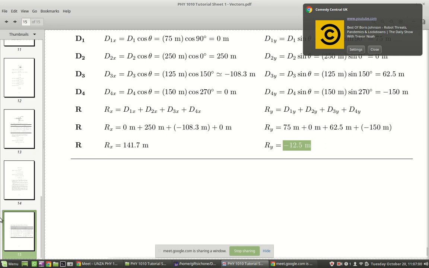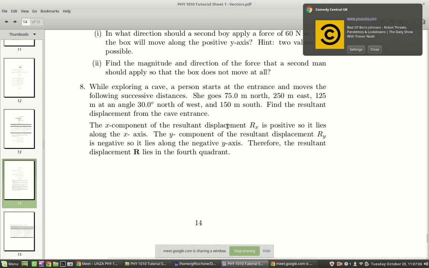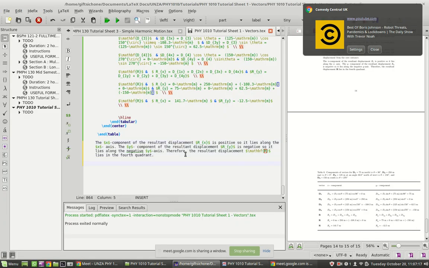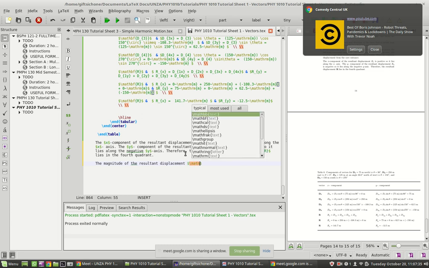Okay. So what are we told we need to do? What is the question asking us to do? Find the resultant displacement from the center of the cave. For us to find the resultant displacement, we need to find the magnitude of R. We also need to find the direction of R. So the magnitude of the resultant displacement R is given by